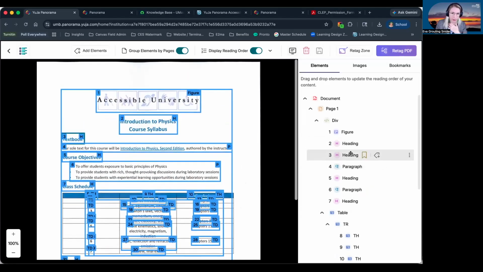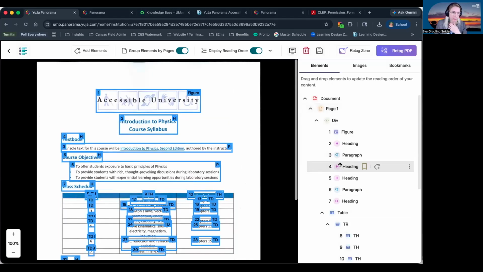One thing you can do in here is you can rearrange items. So if this particular number 3 heading, textbook, was not in the correct reading order, I can click and drag it and move it to a different order. So now this textbook one is at the 7 slot. And so it's going to read Accessible University, the image at the top, which now has that alt text.